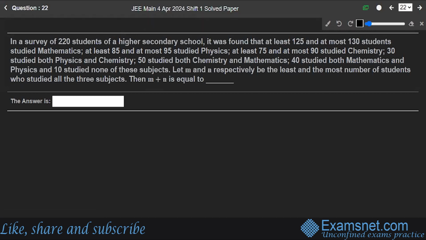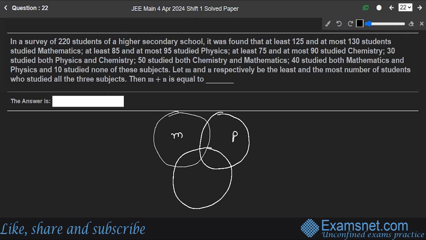See, for these types of sums, the best way to solve them is using Venn diagrams, because it will be very easy for you to understand the problem very clearly. Let's make a Venn diagram. Here are the mathematics students, here are the physics students, and these are the chemistry students. Now, according to the question,